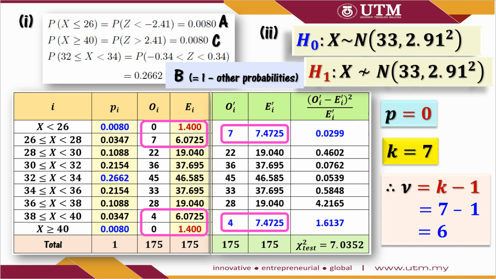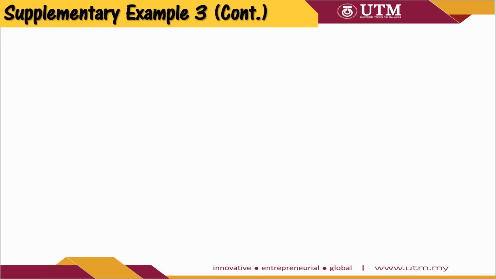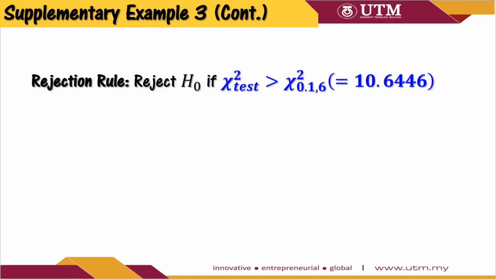Do we have any evidence from the sample data to accept the belief that the battery's lifetime follows the stated normal distribution? Let's proceed to the next slide to complete the answer for part 2. Having calculated the test statistic value in the previous slide, now we can compare this test statistic value with a critical value in the rejection criterion, where we will reject H0 if the chi-squared test statistic value is larger than the critical value chi-squared